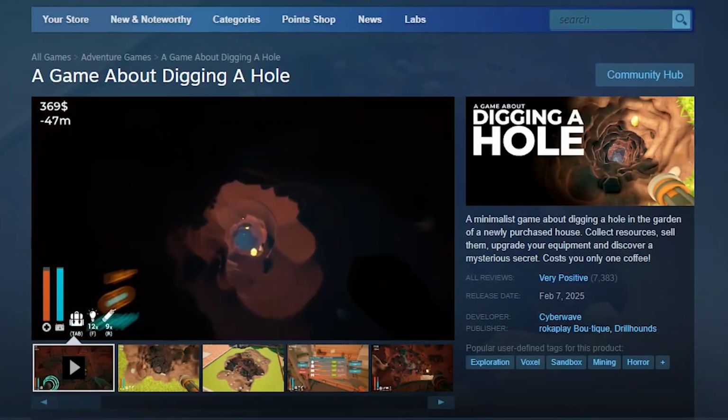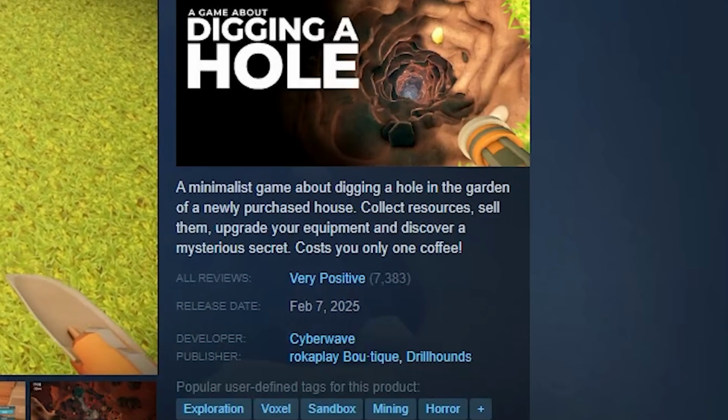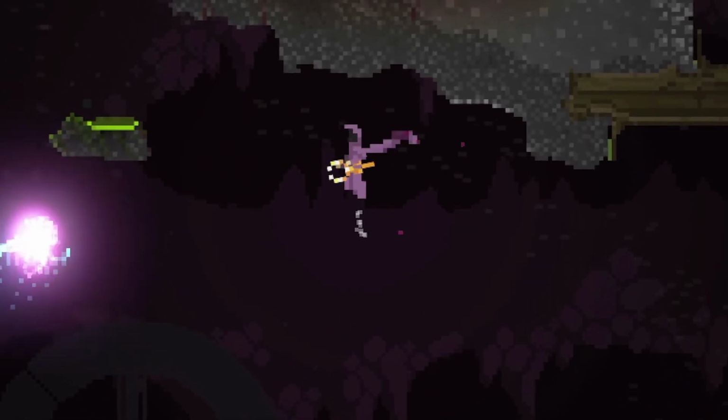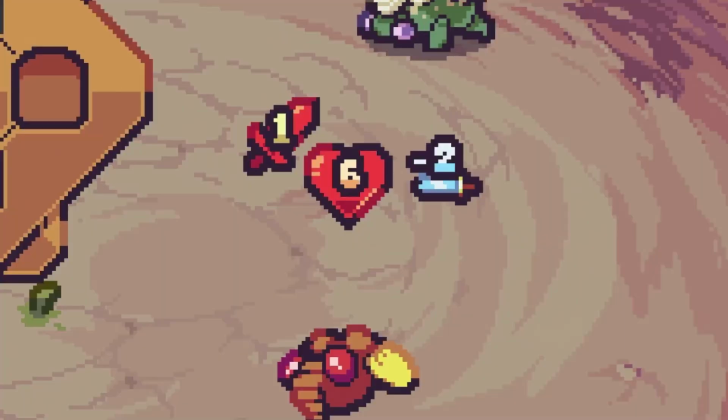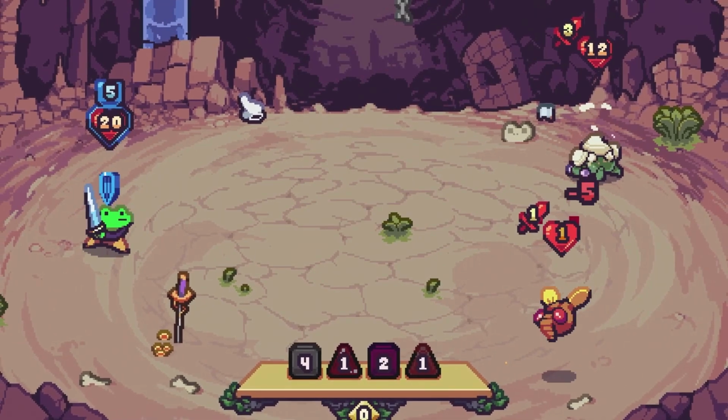Step 3, picking a game genre. Depending on what kind of angle you are going with your game development journey, if you just want to make something just to make something, fine, but if you want to really get into the algorithm and be profitable on Steam, choosing the correct genre is important. The absolute best genre to make your first indie game is a roguelike game. When it comes to programming, it doesn't have to be too crazy. Art doesn't have to be too crazy. You could take any concept and turn it into a roguelike.